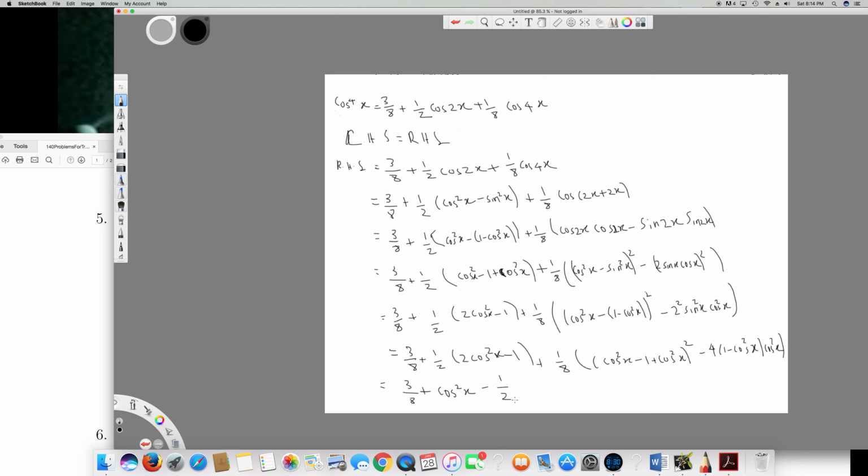Minus 1 over 2, and plus 1 over 8 cos square x. So it's going to be 2 cos square x minus 1 whole to the power of square minus,